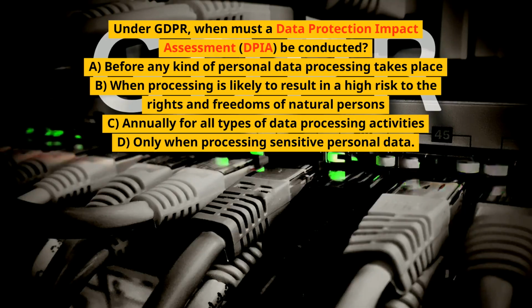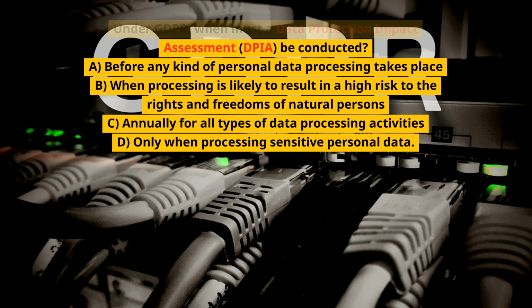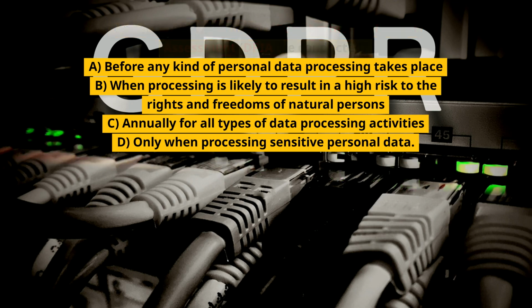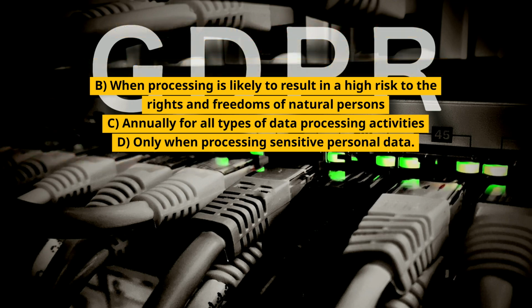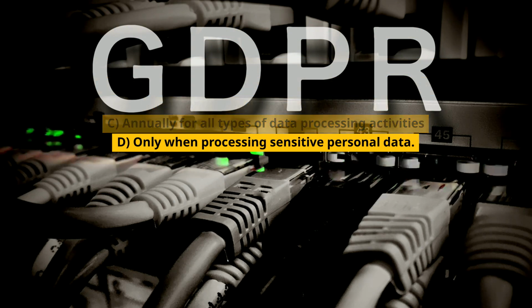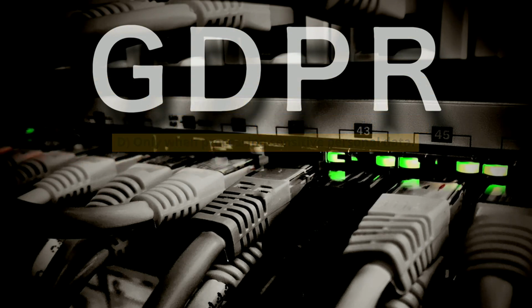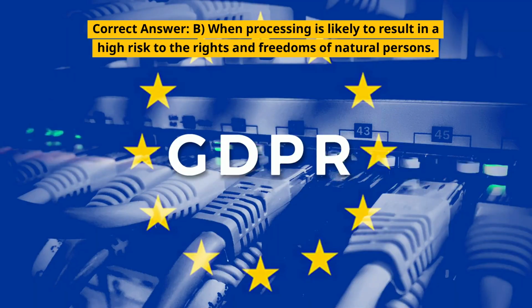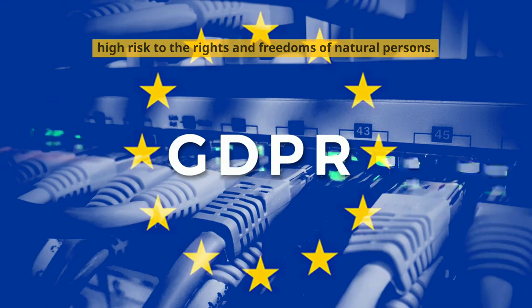Under GDPR, when must a data protection impact assessment, DPIA, be conducted? A. Before any kind of personal data processing takes place. B. When processing is likely to result in a high risk to the rights and freedoms of natural persons. C. Annually for all types of data processing activities. D. Only when processing sensitive personal data. Correct answer: B. When processing is likely to result in a high risk to the rights and freedoms of natural